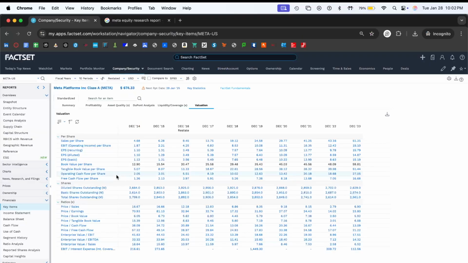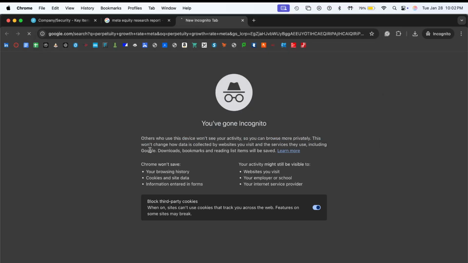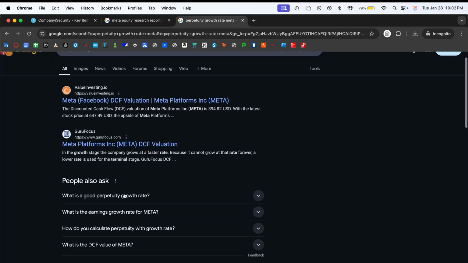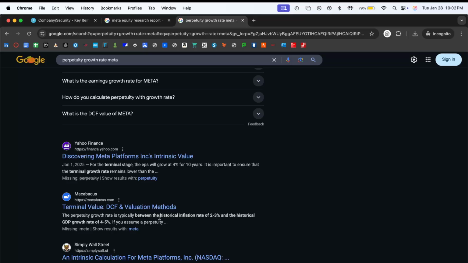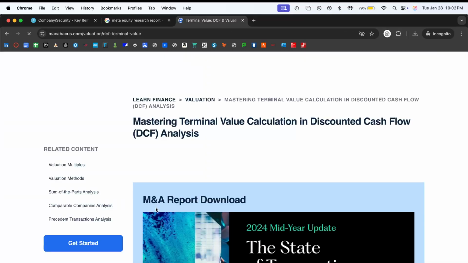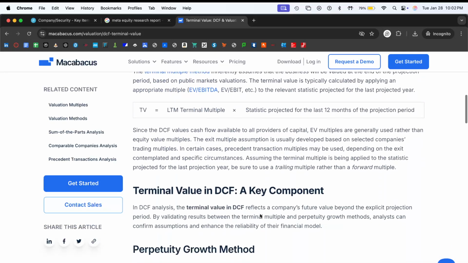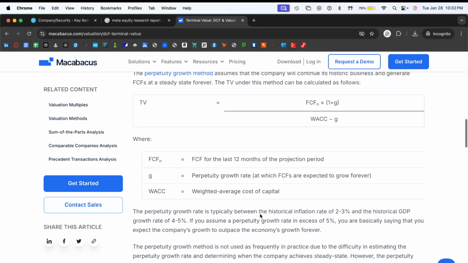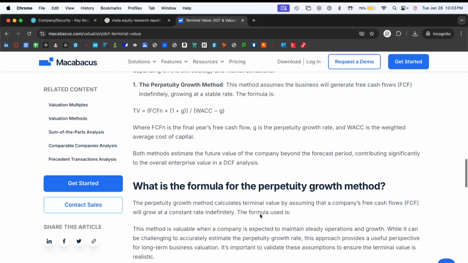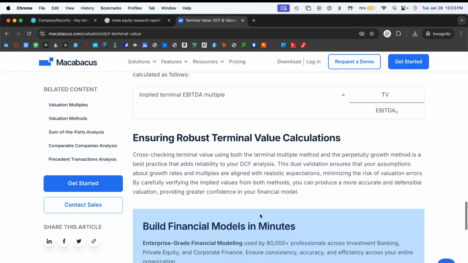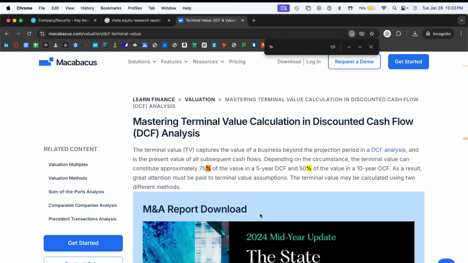And this is where you can look into the perpetuity growth rate. You can also do a little bit more research here and see what other analysts are saying for it. It's hard to be certain about this part because obviously there are varying opinions. That's why a market exists. But this just goes into the calculation for how you find it, right? This is not specific to Meta at all, but I thought it said somewhere it can't be more than